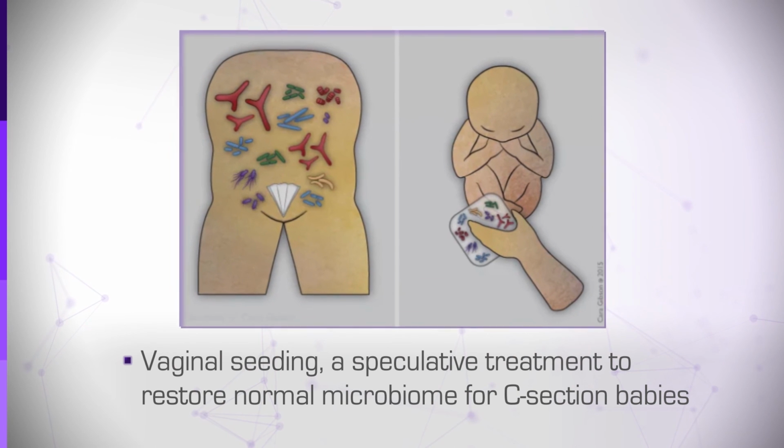For example, there was a small-scale study published in a prestigious medical journal that showed a difference in the microbiome between babies that were born vaginally and babies that were born via a C-section. And it was suggested that this difference can be eliminated by applying a swab with vaginal fluid to the baby immediately after delivery. Many doubts have been raised about the benefit of such treatment, and currently the American College of Obstetricians and Gynecologists does not approve this practice.